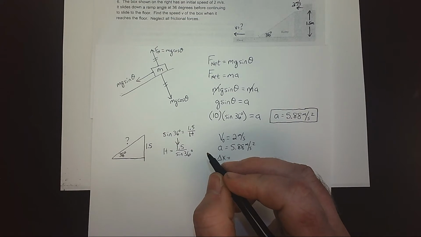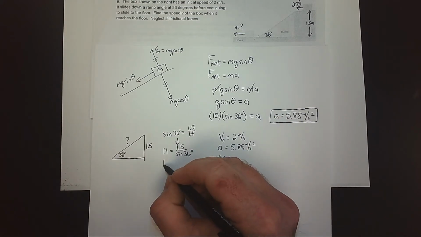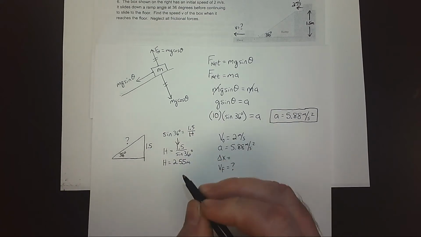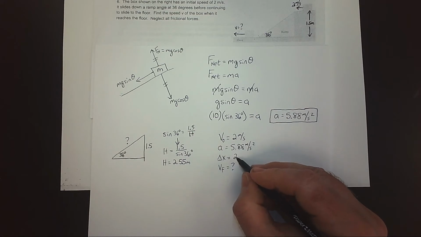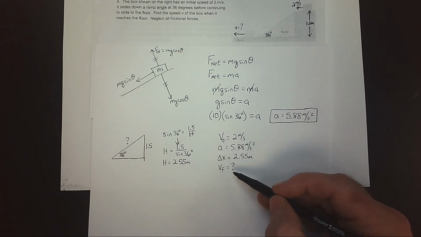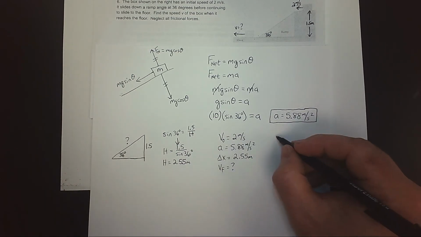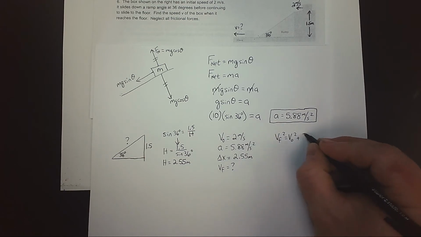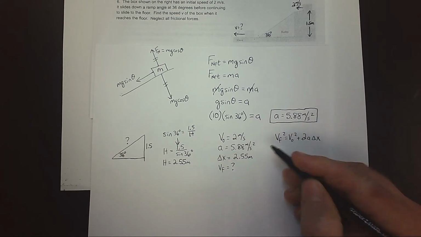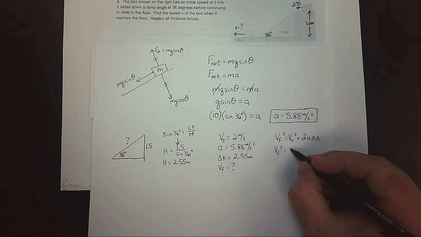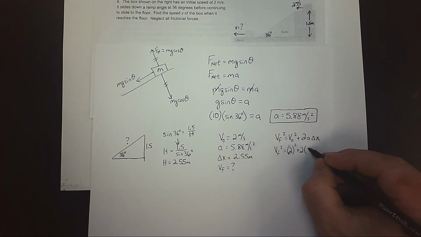And we can punch that into the calculator, and we can get a height of 2.55 meters, which is going to be my displacement over there, 2.55 meters. And now that we've got three things, we can solve for the fourth one. No problem using kinematics. You would use final velocity squared equals initial velocity squared plus 2 times a times delta x based on the information you've got. And you would go ahead and solve for final velocity. You've got an initial velocity of 2